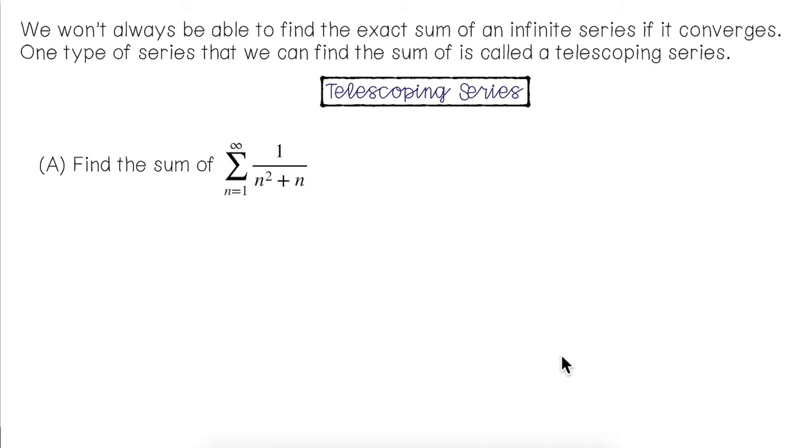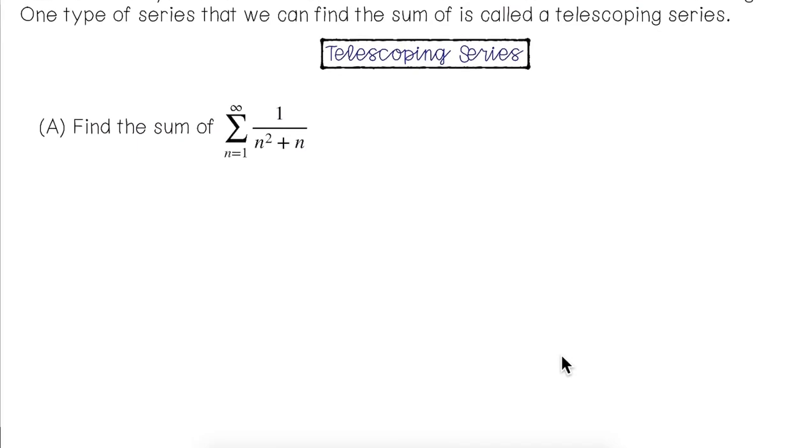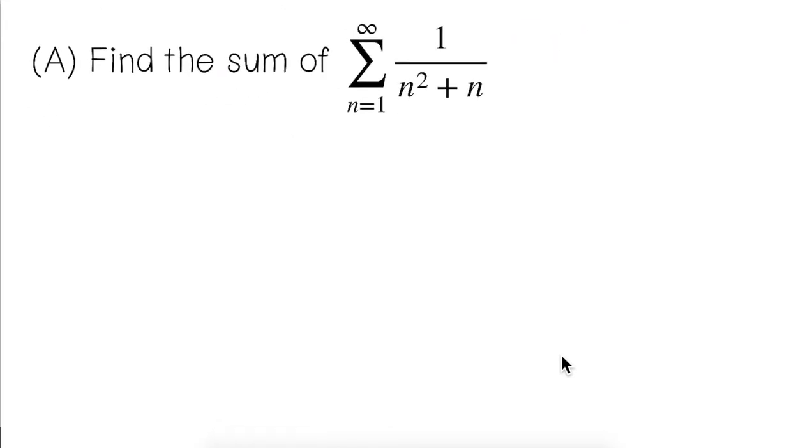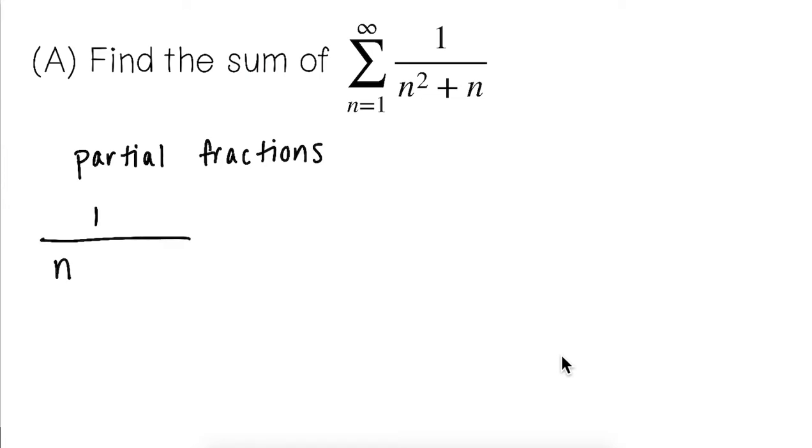And what we might think back to in terms of integration techniques, because summations and integrals are really closely related, right? A definite integral is just the limit of a Riemann sum, right? That looks a lot like the format for partial fractions. So we're going to actually break this down. So we're going to rewrite this because of partial fractions. Right, so I have 1 over, if I factor the denominator, n times n plus 1. So if I set up my partial fractions,